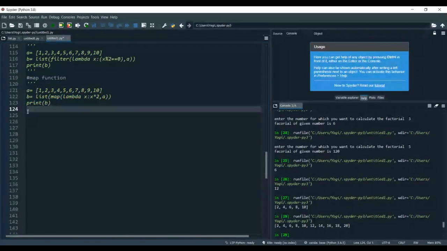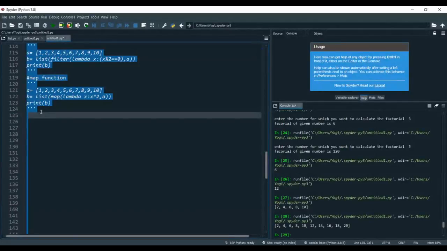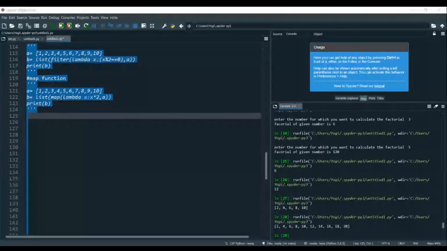Let me share the code we have done till now. You can keep these codes with you. So you can just save the codes we have discussed till now.